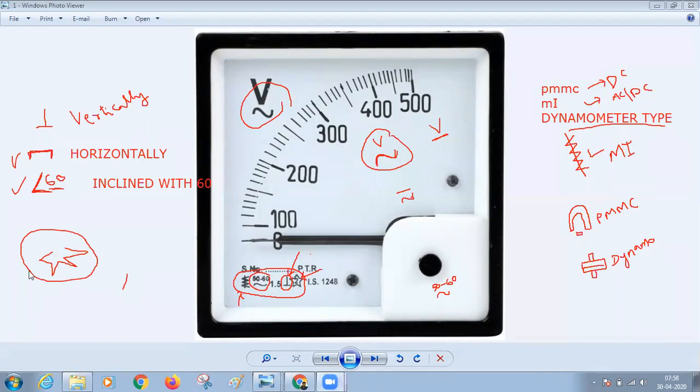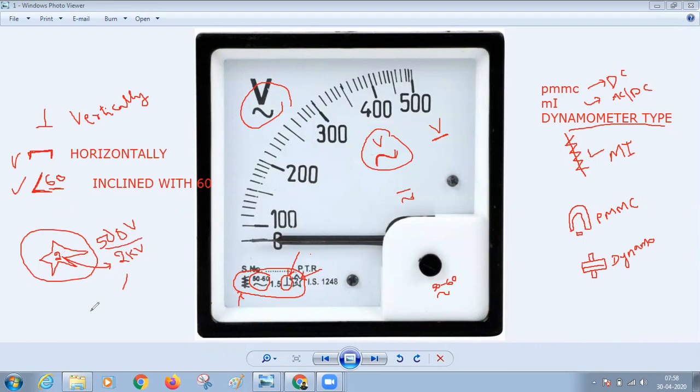In such a case, the meter is said to be tested with 500 volts, right? Suppose the star is given with some number inside, like 2 or 1 or 1.5. In such a case the meter is said to be tested, and the testing voltage is 2 kilovolts. If the number given inside the star is 2, then the meter is tested up to 2 kilovolts. If no star is given, it is tested up to 500 volts, right?